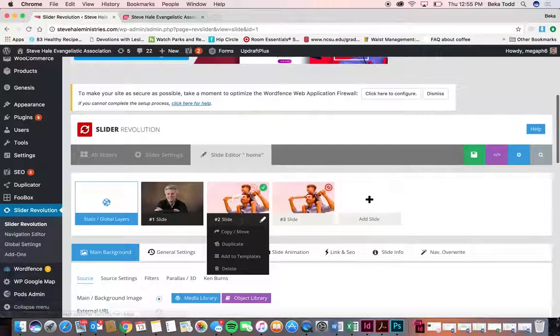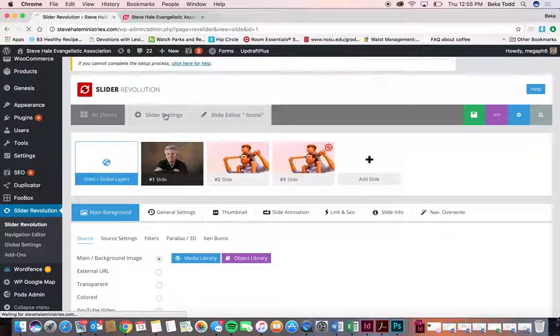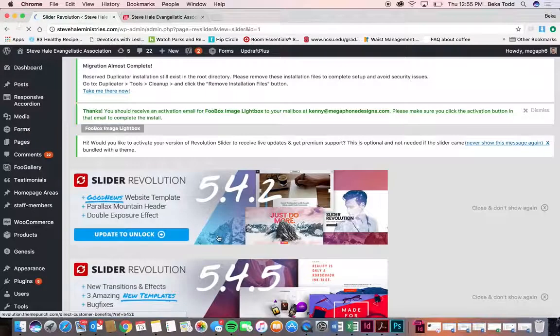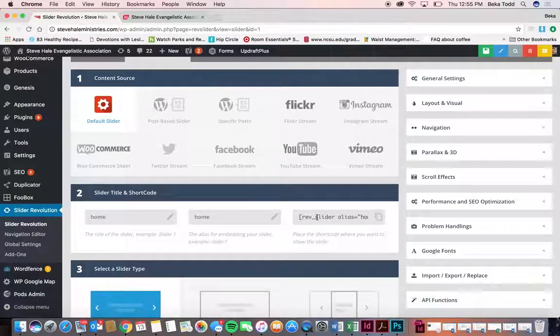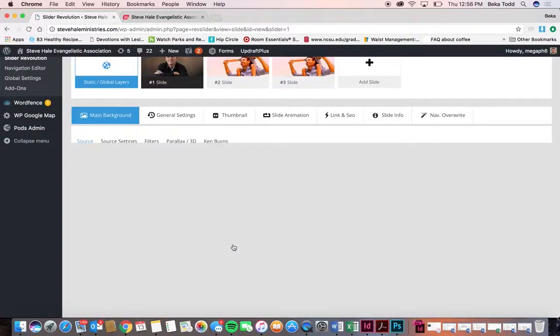And so this was added. This can be added anywhere under slider settings. This can be added through this shortcode. And then you go to slide editor to edit the actual slides. So again, a useful tip for things that have already been created, if you don't want to make them super different,